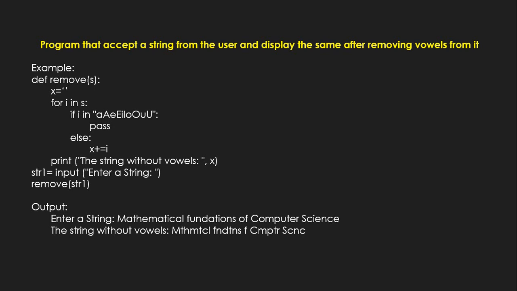Okay, so this is a very simple program, but go through the logic. This has a function subprogram by name remove. The name of the function is remove, and the first line there is a function definition statement. The parameter that you're passing is one parameter, that is s. The argument that you're passing in the calling statement is str1. So the control goes to the function subprogram, evaluates the function subprogram, and then prints the string without the vowels.